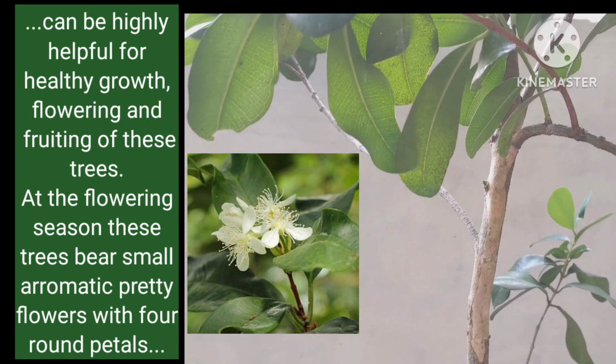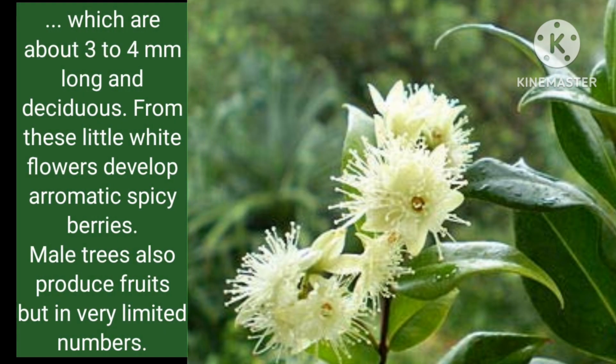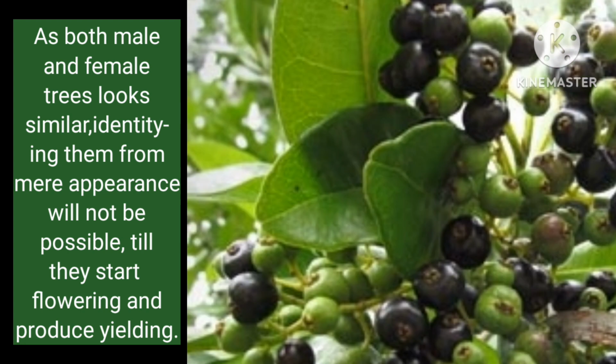In the flowering season, these trees bear small aromatic pretty flowers with 4 round petals, which are about 3 to 4 mm long and deciduous. From these little white flowers develop aromatic spicy berries. Male trees also produce fruits, but in very limited numbers. As both male and female trees look similar, identifying them from appearance alone will not be possible till they start